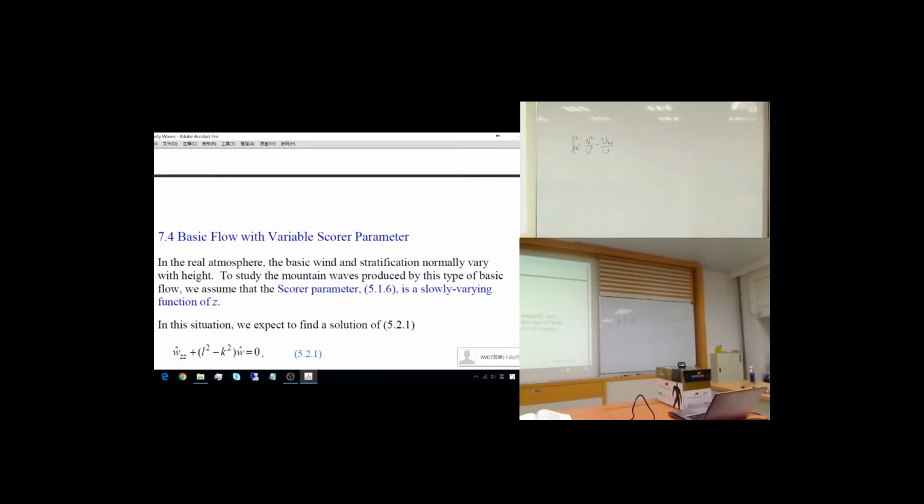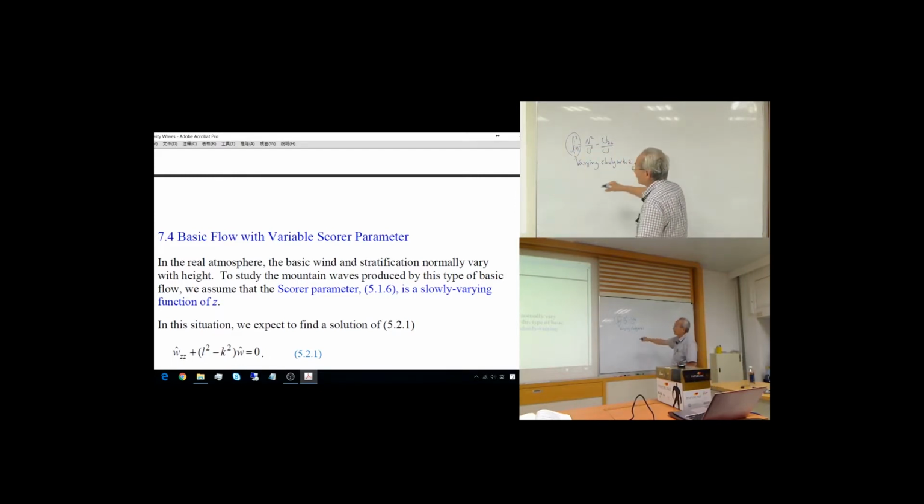it's normally difficult, almost impossible, to find the analytical solution. But if it's varying very slowly with height, then we can come up with some solution, a kind of partial solution, but that helps us to understand the dynamics. So again, we go to this scalar